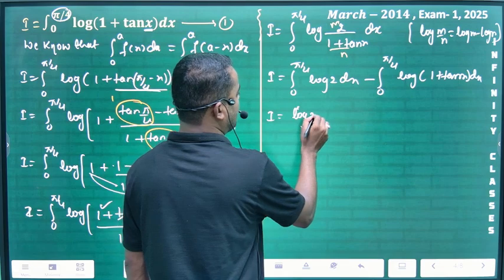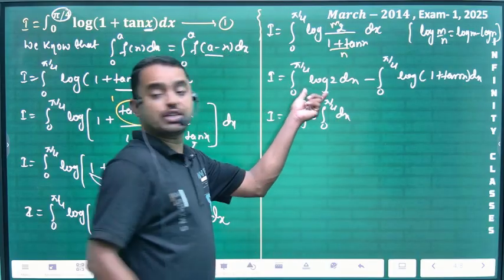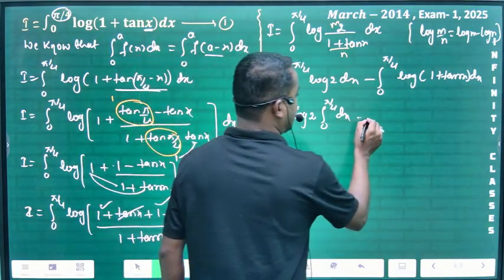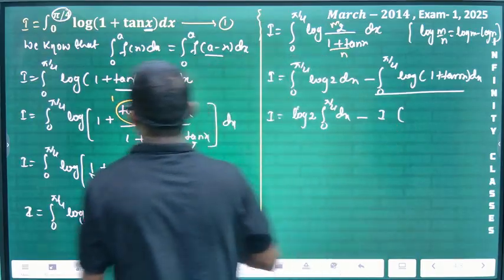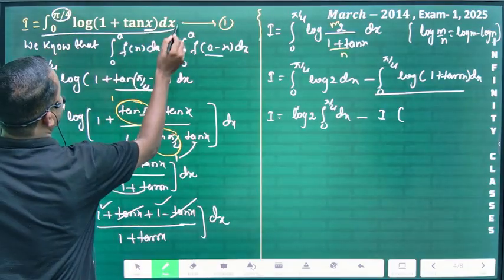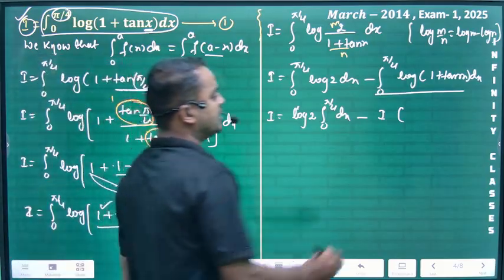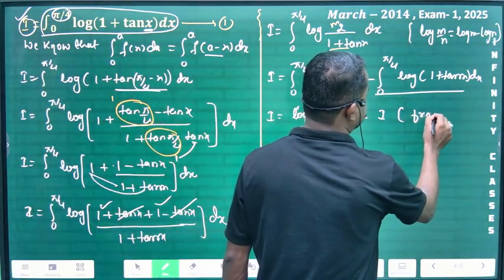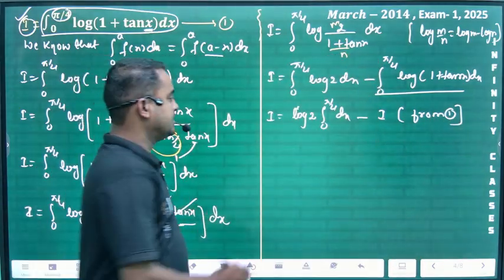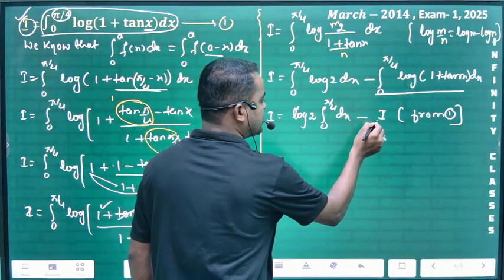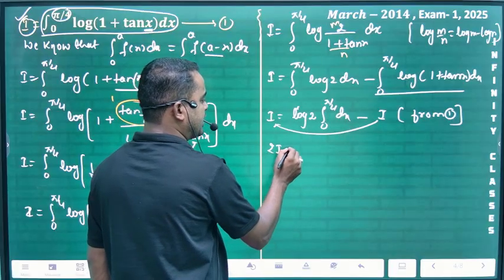Then I is equal to, take log 2 outside because it is a constant: log 2 times integral from 0 to 5π/4 of dx, minus this integral, which is replaced by I from equation 1. Here, from equation 1, integral from 0 to 5π/4 of log(1 + tan x) is I. Now take this minus I to the left side: minus I becomes plus I, that is 2I is equal to log 2